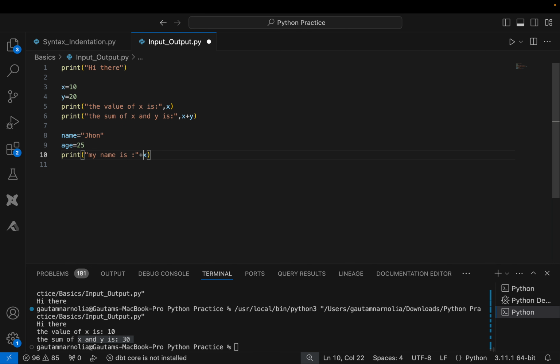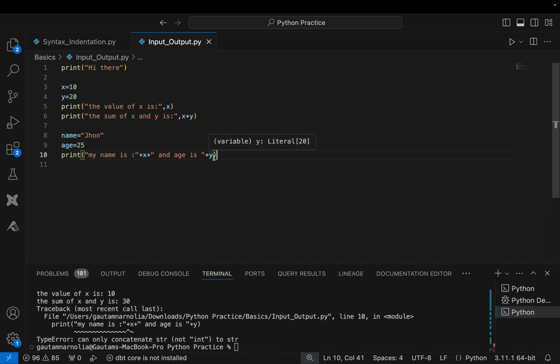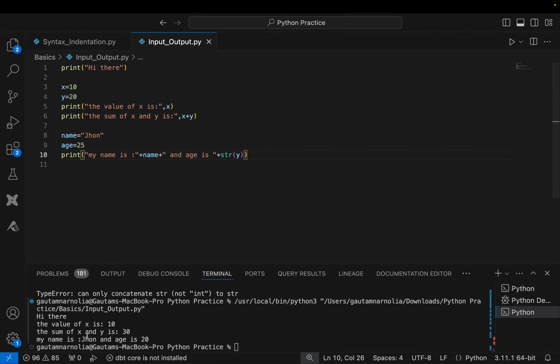Actually, we can do some kind of concatenation here also, like we do in other programming languages, and "age is" the age variable. Here, if we try to print, it won't get printed because age is an integer, so we need to convert it to a string. Sorry, I need to change this name. Okay, so my name is John and age is 25. This is one kind of formatting which we can do, but